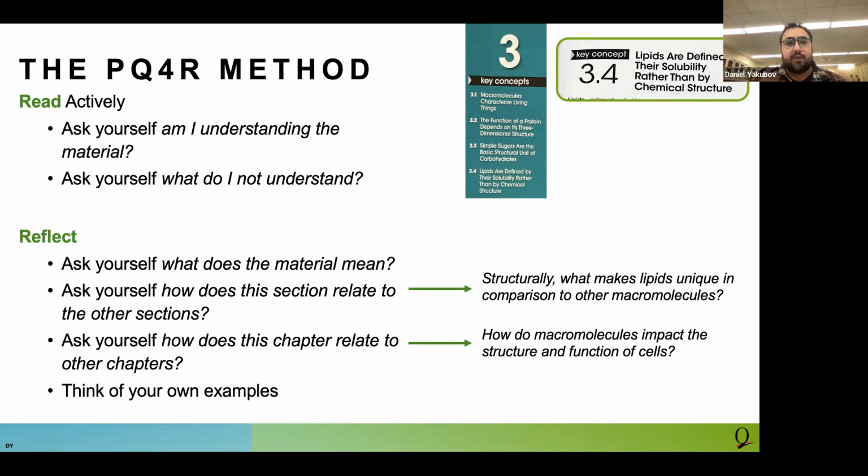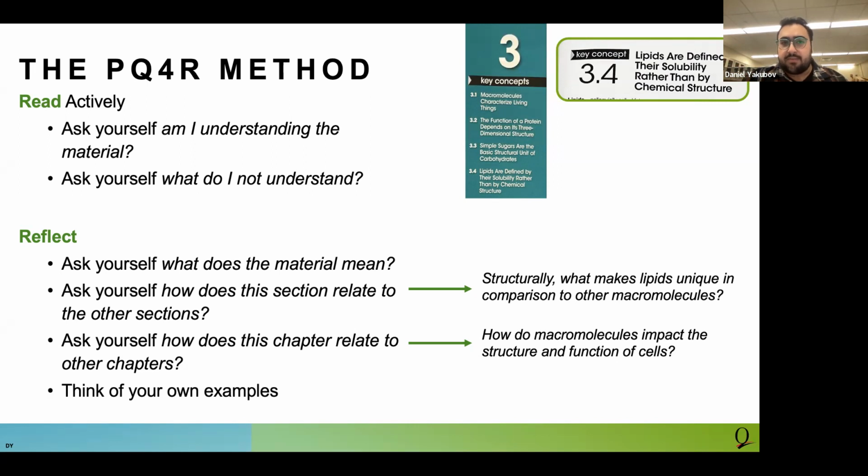Once you've been able to read the section, the chapter actively, and you've understood what you've read, it's very important that you reflect on that reading, okay? And the reflection aspect really comes into tying the concepts in that chapter, in that section, to other sections, to other chapters, okay? So if we're looking at, let's say, the chapter on macromolecules, so again, this infamous chapter 3 that I keep mentioning from your textbook,